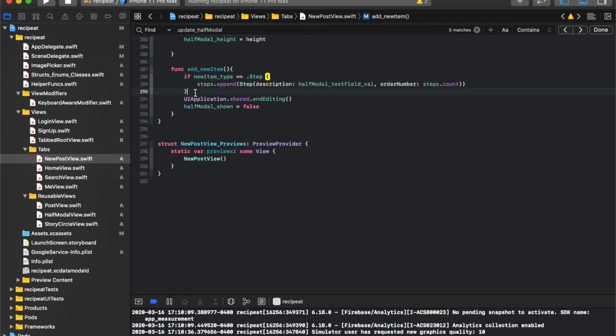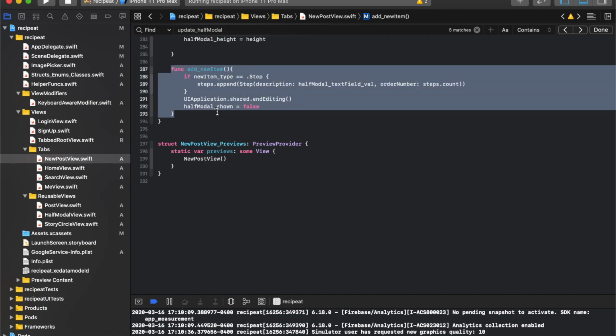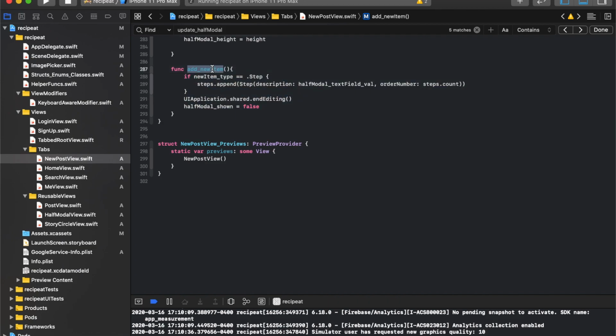And we haven't started any of this stuff. This else if new item underscore type is equal to dot ingredient. So we haven't finished that, okay? So that's what we'll do in the next video, okay? It won't be in the rest of this video. So you should have something that looks like this, okay? And the only place we use that